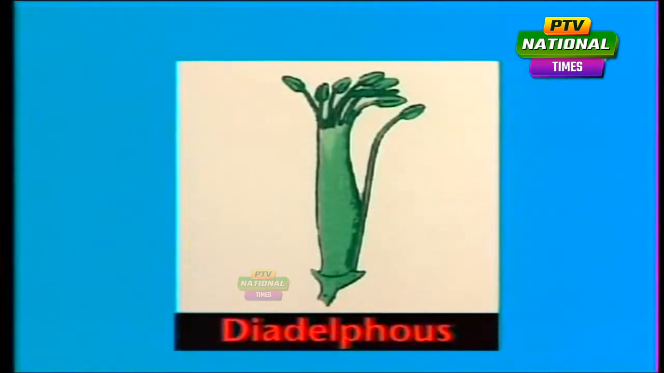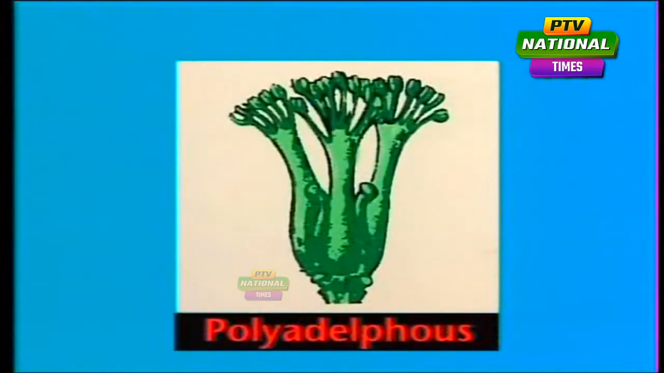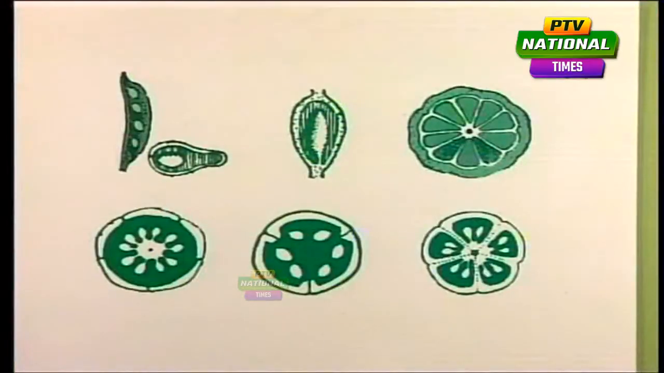Diadelphous flowers are those in which the filaments are united into two bundles, for example, the pea or beans. In polydelphous flowers, the filaments are united into more than two bundles, and an example of that would be silk cotton. Another term that you should be familiar with is placentation. Now, placentation is the term used to describe the arrangement of a placenta inside the ovary, and is divided into